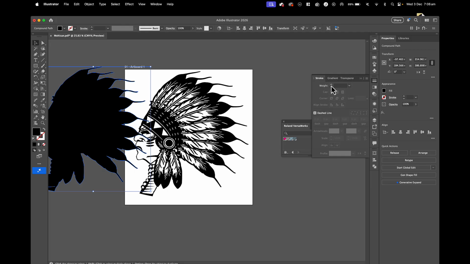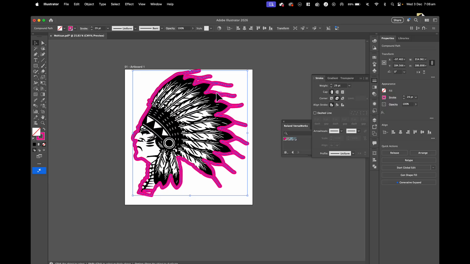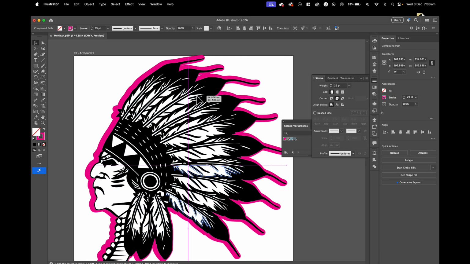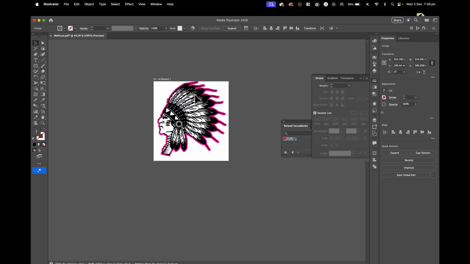This time I'm going to give it a nice big stroke. I'm going to round off the corners again. I'm just going to make it thinner for this purpose here. And no fill. Okay, so I'm making this nice and thick. And so you can see here, I'll just send that to the back. You can see here what I've ended up with is a nice big thick border around the outside, much thicker than the last one, because this time I don't want to cut